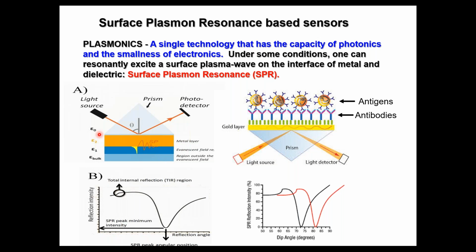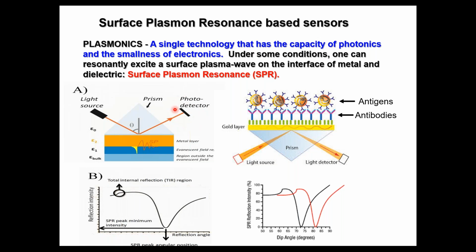For example, this is a Kretschmann configuration to generate such surface plasmons. This is a prism, and this is a light source, and this is the detector, and you can continuously change the angle of incidence, and you can continuously monitor